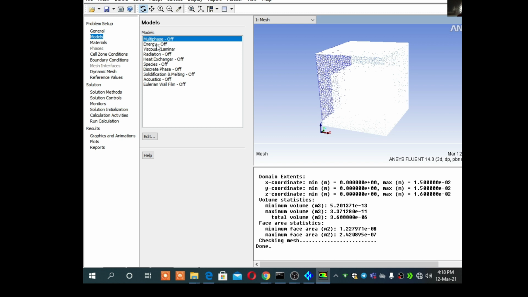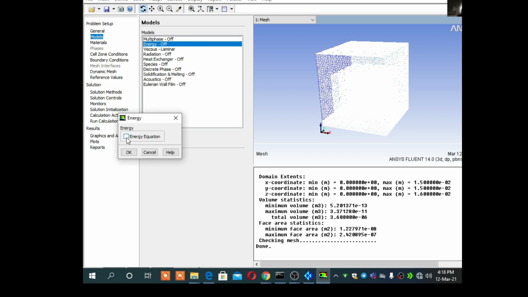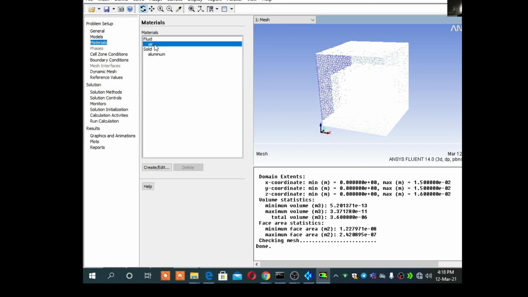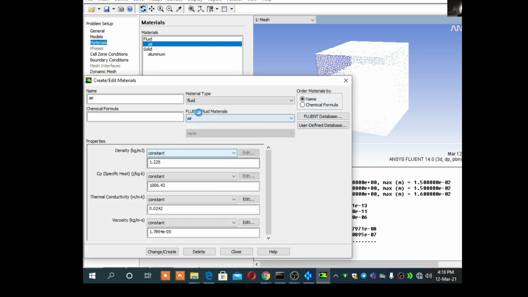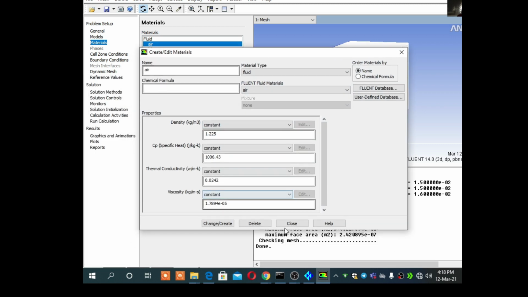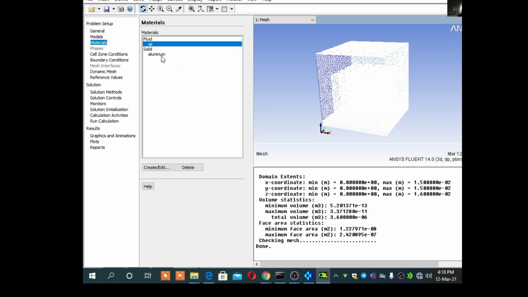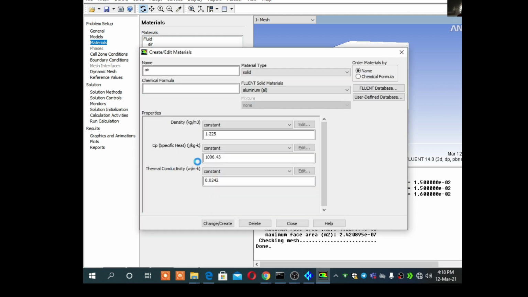Then model, as we are going to solve energy, it means we are going to see the temperature variation. That's why the energy equation will be on and viscous laminar will be on. Then we will go for air. So the default air material is there, close, and default aluminum is also there.